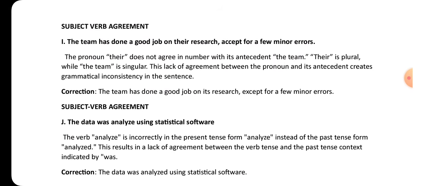So the pronoun "their" does not agree with its antecedent, which is "the team". "Their" is plural. So here the problem we have is subject verb agreement. The team is singular, but if you say "their", it is plural, right? So it lacks agreement between the pronoun and its antecedent,